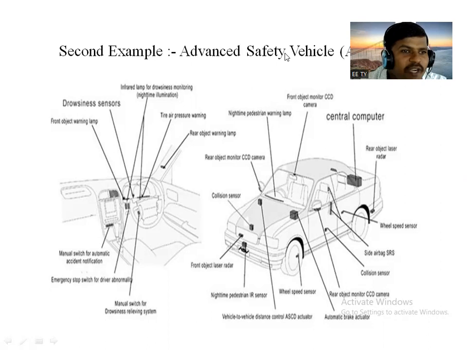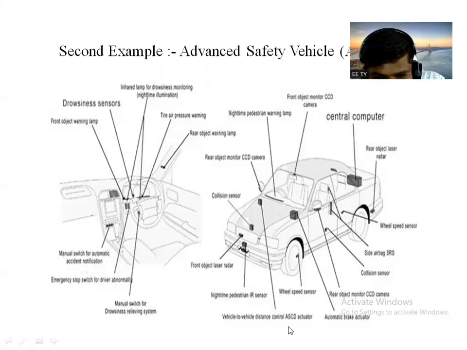So if the distance between two vehicles is very near, at that situation the sensor will detect the distance, or read the distance. Automatically the speed is also high, but when the speed is high, it should also be reduced, because there is a wheel speed sensor. So again, some different types of sensor here.